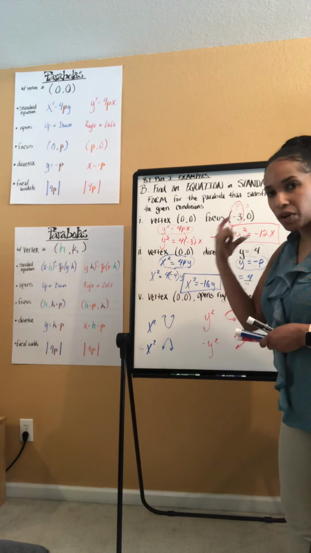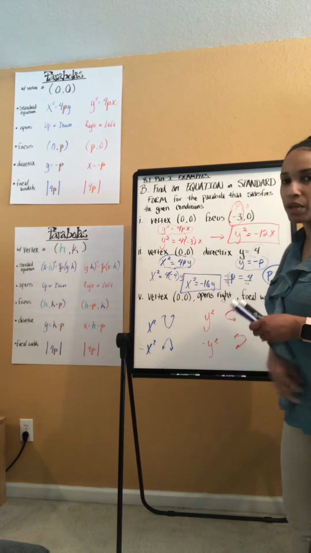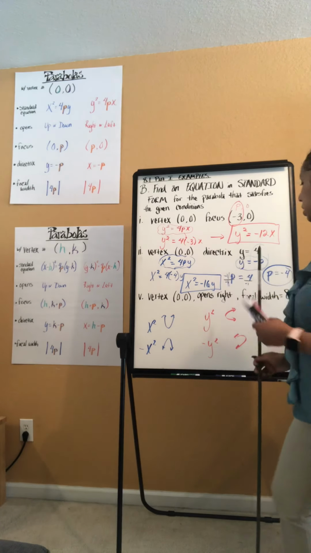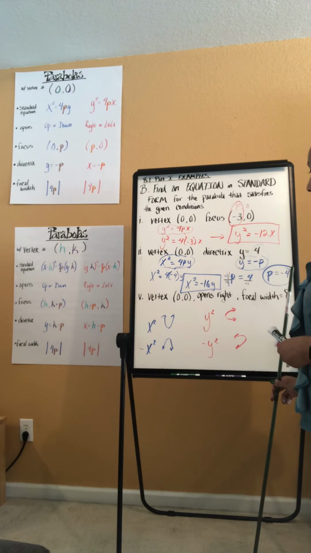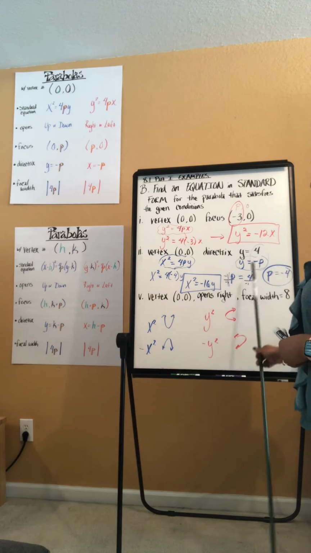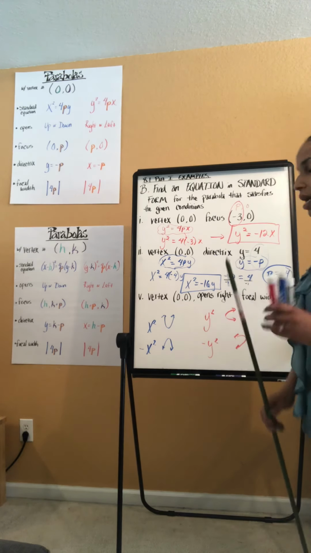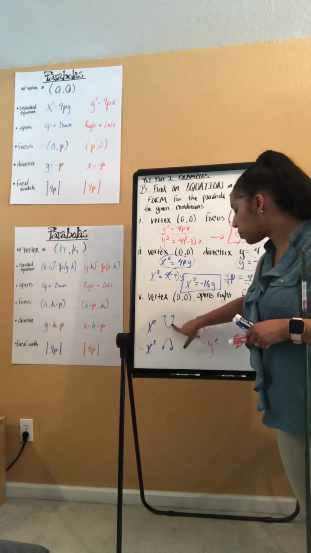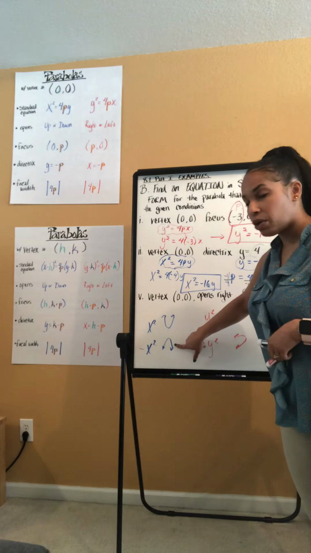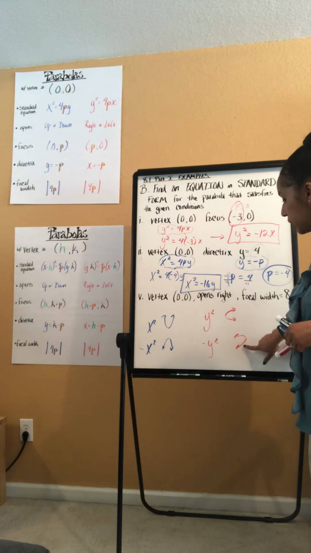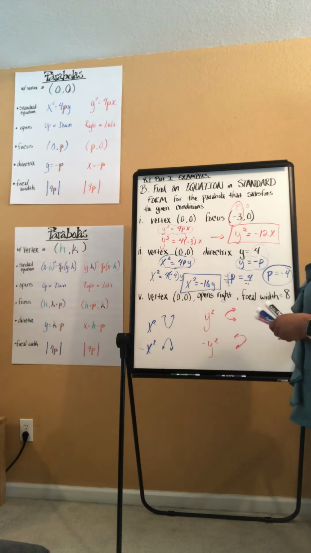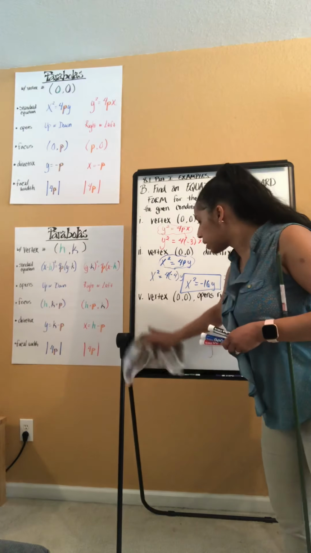The right and the left go with the y, the up and the down go with the x squareds, okay? Now, that negative actually happens with the p. It's your p. If your p is positive, it opens up. If your p is negative, it could open down. If your p is positive with the y squared, it opens to the right. If your p is negative, it'll open to the left. So, that being said,